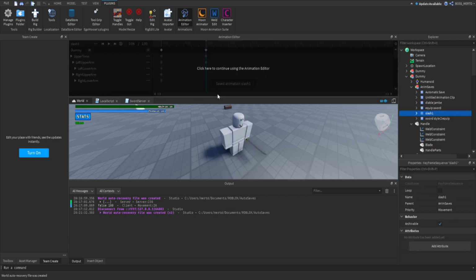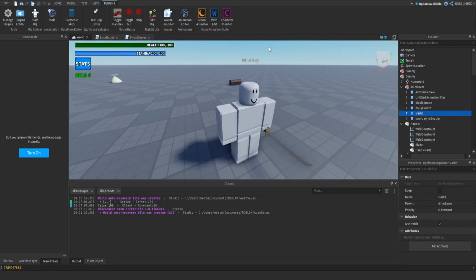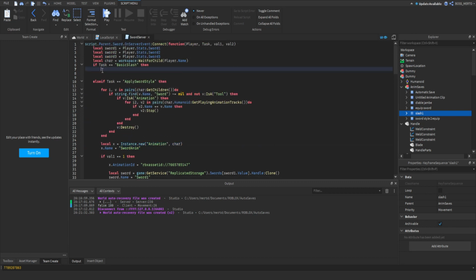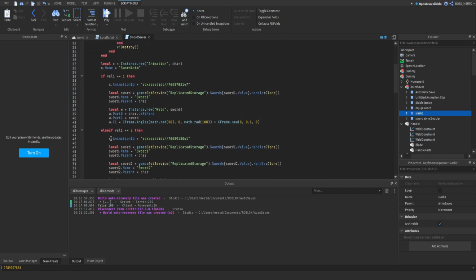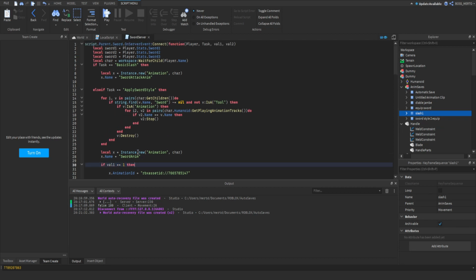Okay, so let me export this one. Okay, I'm gonna put the animation ID down here. Okay, so let's copy this animation creating code. I'm too lazy to create my own code. And we once again need to